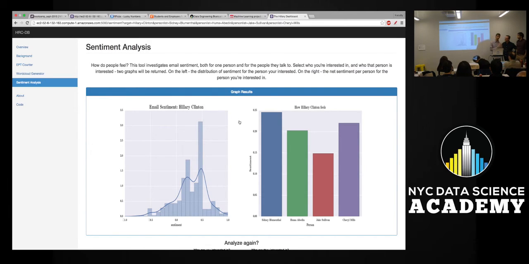Now, why would that be? We saw from the word clouds that Hillary's emails are kind of boilerplate and generic, and she asks people to print a lot. There's not a lot of scintillating stuff in there that could be really good or bad. So she tends generally positive. How does Hillary Clinton feel about people? We thought would be a more interesting question.